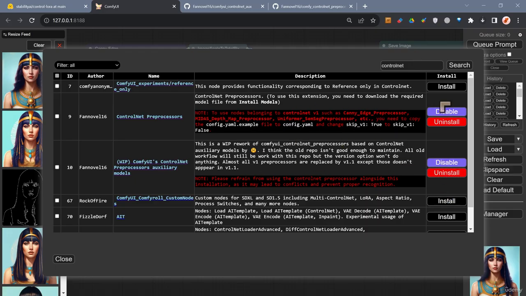Give it time to process between clicking install. So it will take a couple of seconds or a couple of minutes to process each command once you click on install, and then restart Comfy UI so that we actually have the preprocessors installed. Some of this stuff does take a bit of time to actually install. It can take quite a bit of time, so keep an eye on the terminal, on the command prompt. Just make sure that everything has finished installing